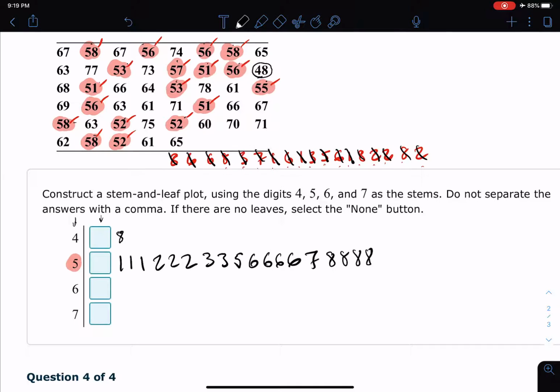Okay, since you're counting on this being right, I should double check my work. 1, 1, 1, 2, 2, 2, 3, 3, 5, 4 sixes, 1 7, and 4 eights. Looks good. Moving on to the next